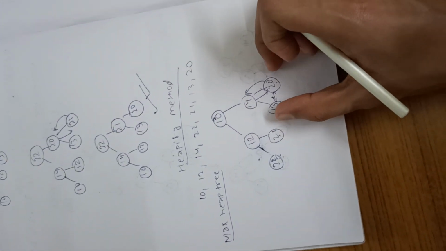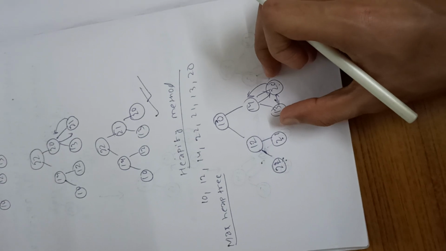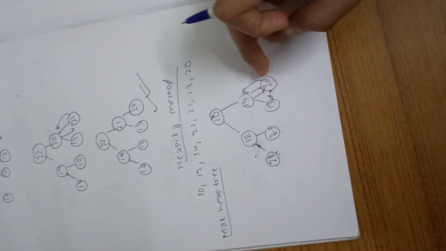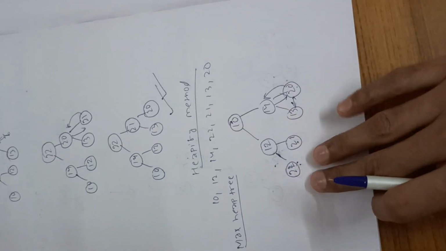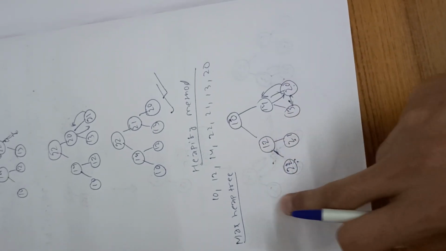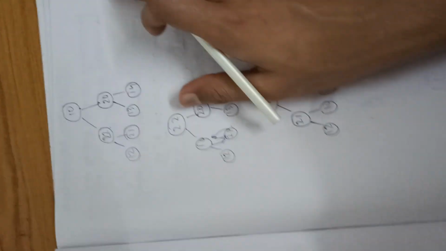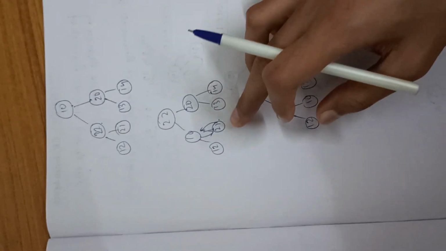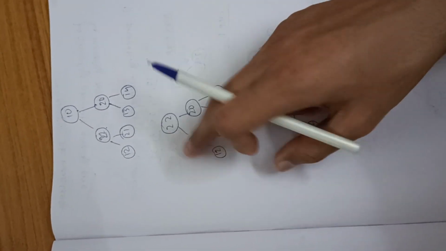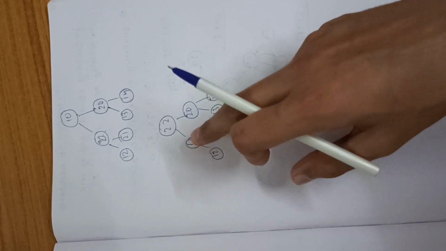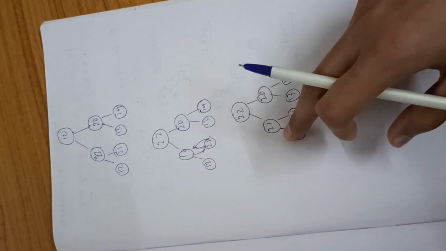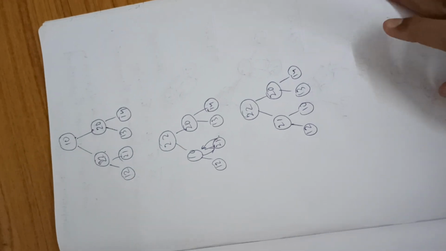Then between the leaf nodes we have checked which element is greater. 20 is greater than the parent node, so it shifted above. Here 22 is greater than the parent node, so 22 shifted above. Then after that, between 22 and 20, 22 is the greatest, so 22 shifts to the root, and 10 shifted down. And again 10 is lesser than 21, so it shifted down. So this is our final tree.